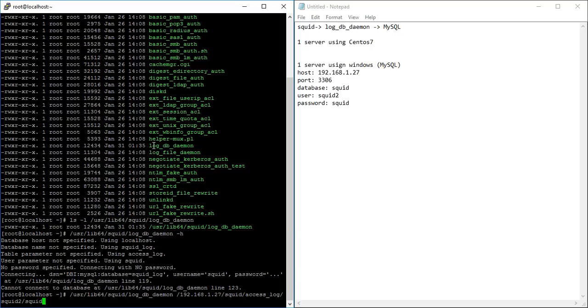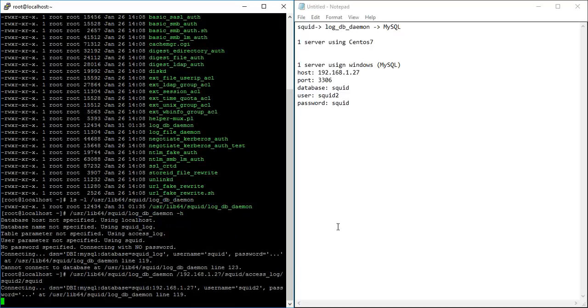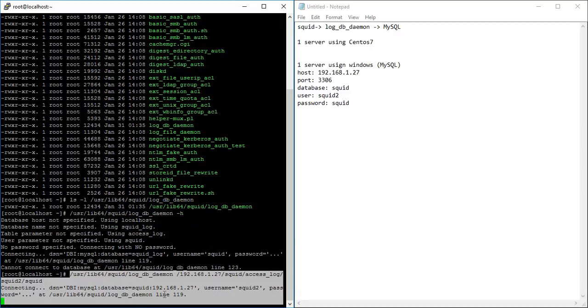The interesting thing when you are executing the log DB daemon is that if the table, in this case access log, doesn't exist, it will create it. So after this, you just need to execute it, and you can see that okay, there is no error here.